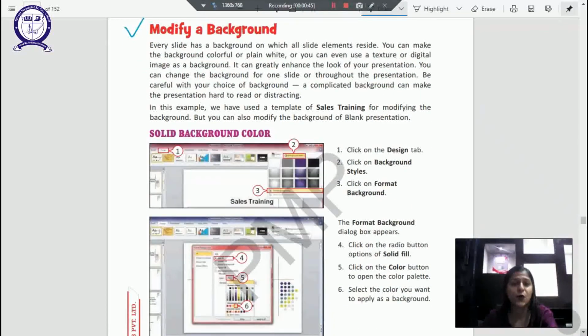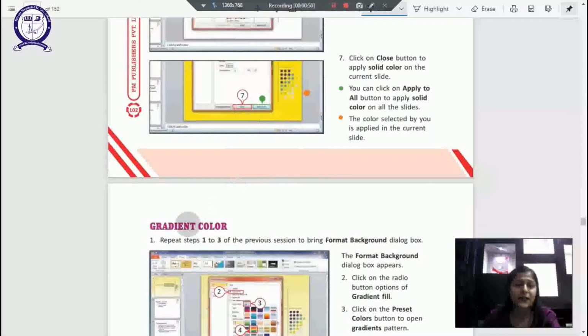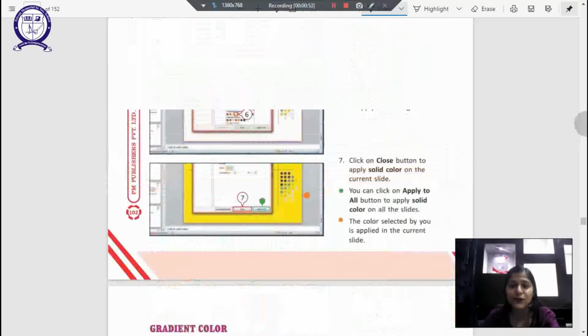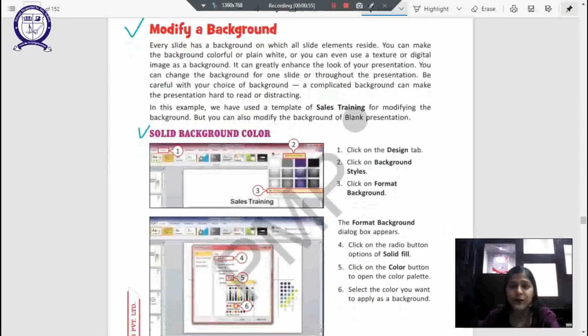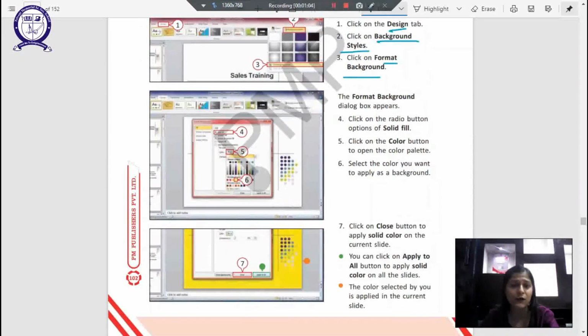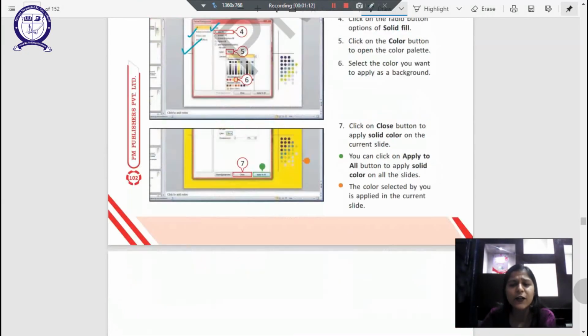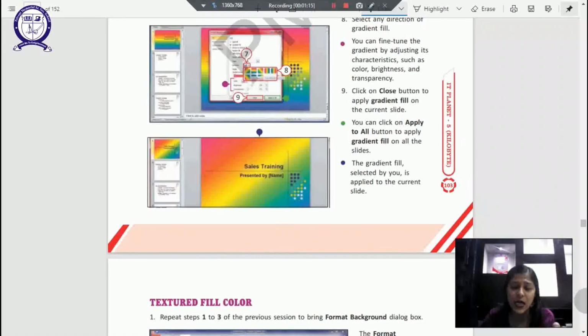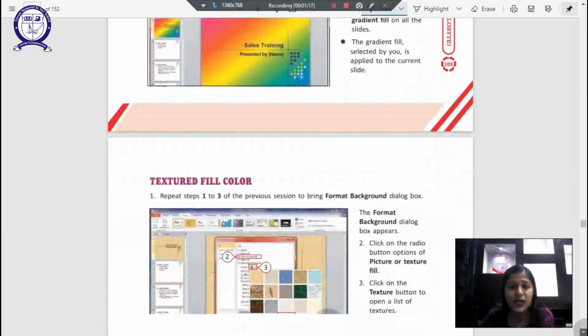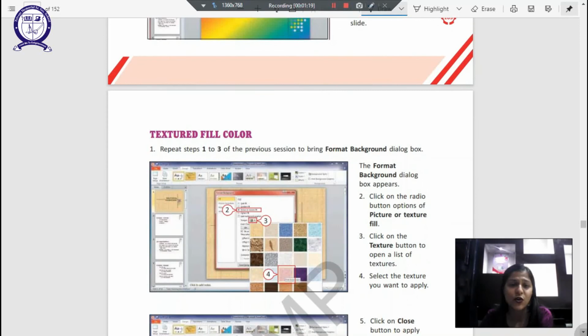Modify our background. We have options to modify the background. We can select solid backgrounds, gradient backgrounds. We can select any color background, right? We can do so in the design tab, and then we select background styles, and once we click on format background, we'll be able to see an option that allows us to enter whatever color we would like in the fill option, in the gradient option and all of that. We can also select an image behind our text so that an image becomes the background of our presentation.